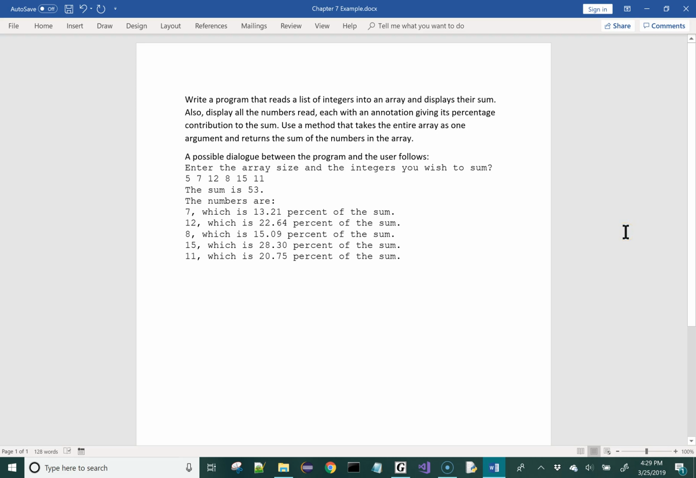Hello, what we're going to be covering in this video is a Java program that uses an array. We want to write a program that reads a list of integers into an array and displays their sum. We also want to display all the numbers read, each with an annotation giving its percentage contribution to the sum. We want to use a method that takes the entire array as one argument and returns the sum of the